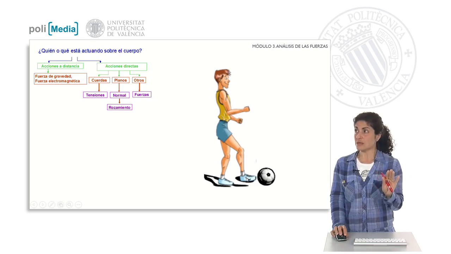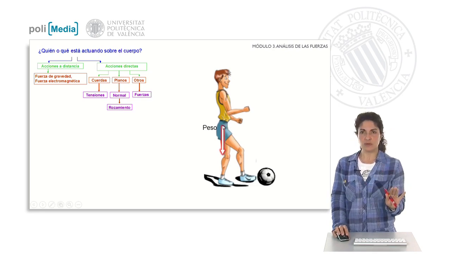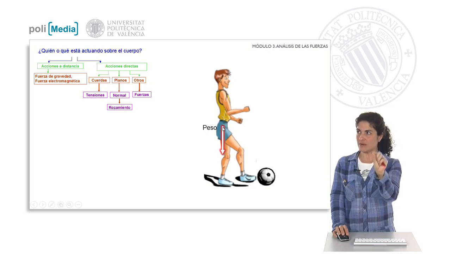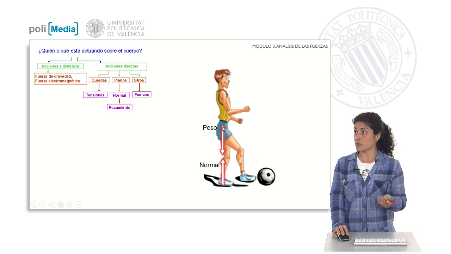On the one hand, we know that on Jota is going to be acting the force of the Earth's gravitational field, therefore his weight. It is applied at the point representative of Jota, that point is defined as the center of mass of Jota. For the moment, we are not going to go there, but we will take into account that we will start by looking at a point that represents the point of application of the force, the effect of the force weight. Another force that we have to consider is that to perform the kick, Jota is going to rest